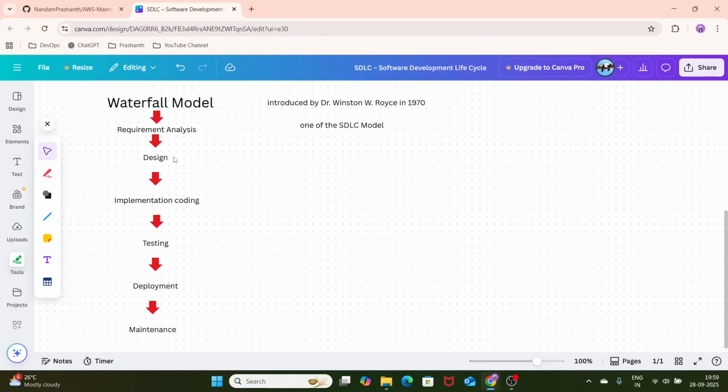In design, we will create architecture and database schema, everything can be done here, UI design and all those things. In implementation, the developers or the concerned team will actually work by writing the code. After completion of writing the code, the testing comes into the picture, and after testing, deployment, and after that, maintenance. But here the crazy thing is,